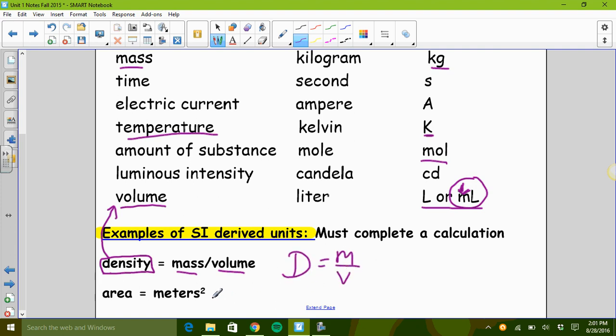And so another one you're familiar with is going to be area. For example, area of a square, side times side, or side squared. And if we're talking about length here, length is going to be denoted in the unit meter. So meter squared would be our unit there. So the term derived, it just means that we have to do a calculation in order to achieve it.